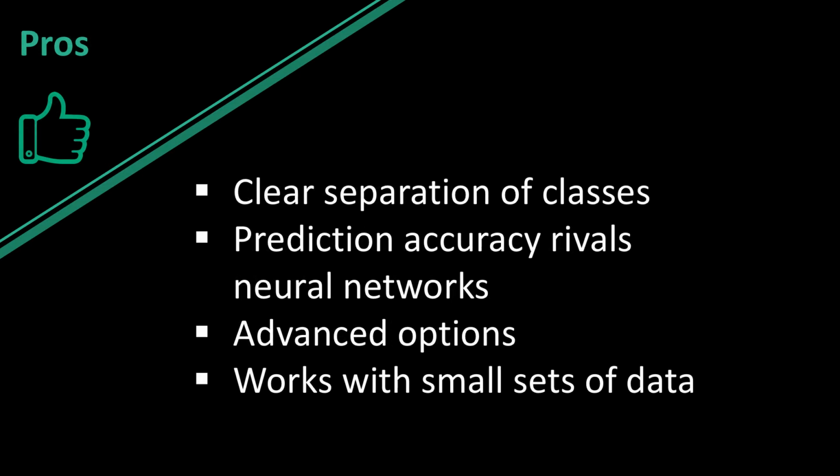Well, first, some of the pros. There is a very clear separation of classes. This is a great tool whenever you have a set of data points that you want to see a very clear delineation of one type of data set versus another. And once we get into the visuals, I think this is going to be very clear. I don't think there is any set of machine learning algorithms that gives as clear of a distinction between classes